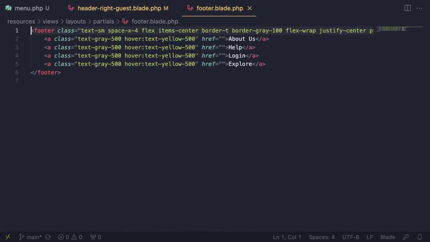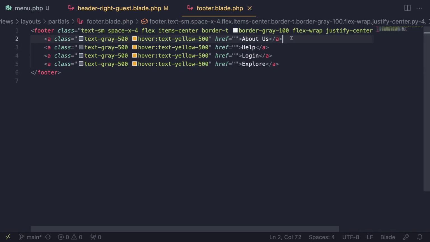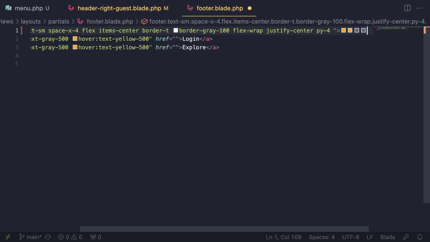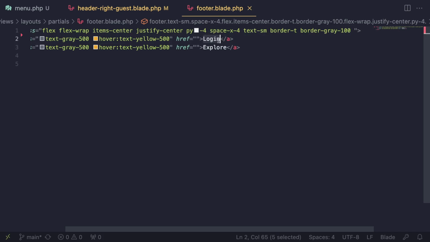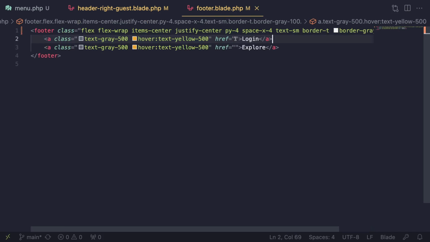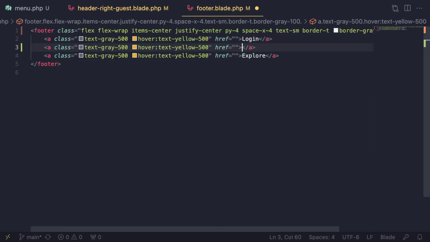So let's open up our footer. We have all these guys over here. I'll get rid of these two. So I'll just keep a login. Maybe we can even add profile, why not? So let's add profile as well. So of course, we're not hard coding anymore, so I'll just load them from our translation. So we already have them, profile. We already have login as well, so we can just reuse that. So we can do menu.login. And then the only thing remaining is this one. And I think instead of explore, we can just do blog. Okay, so I'll do